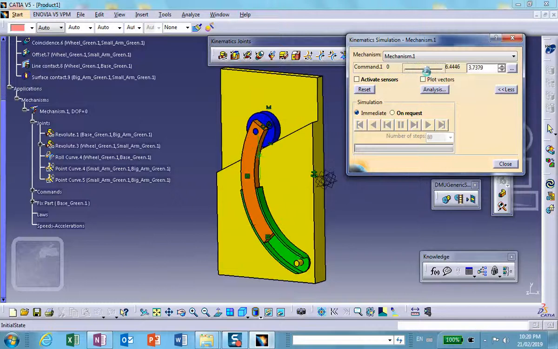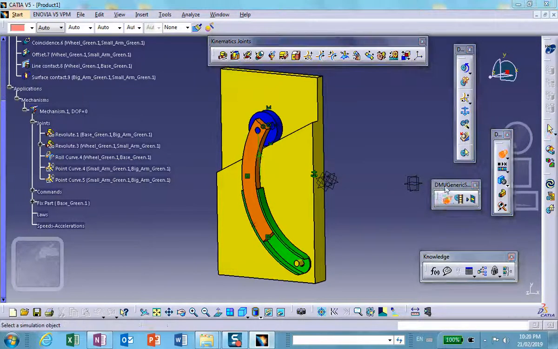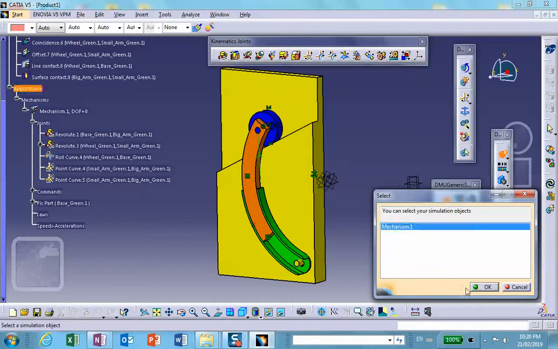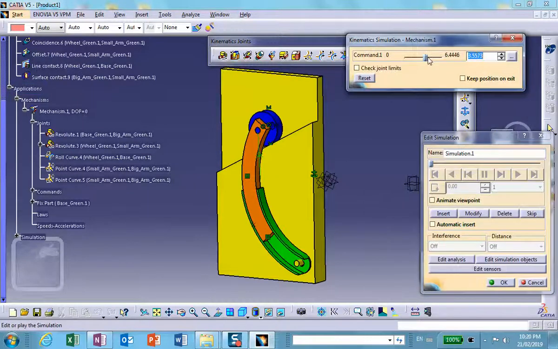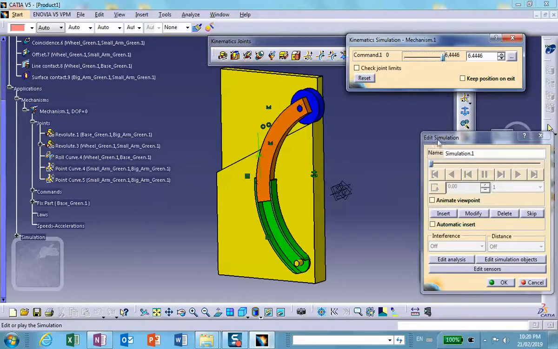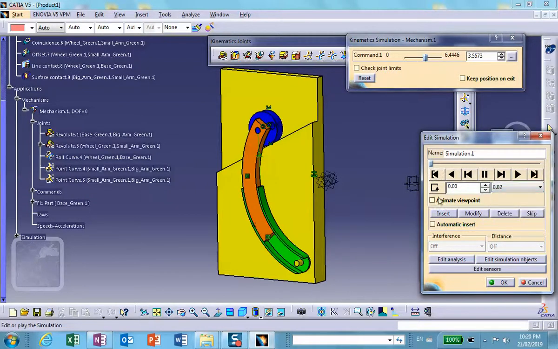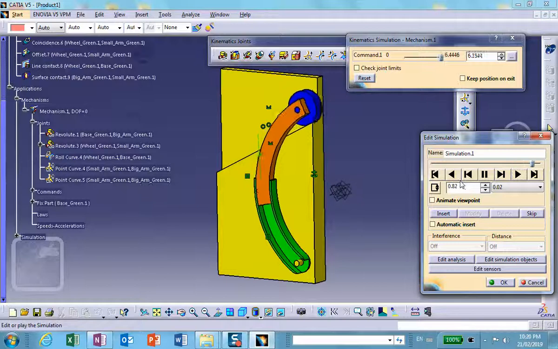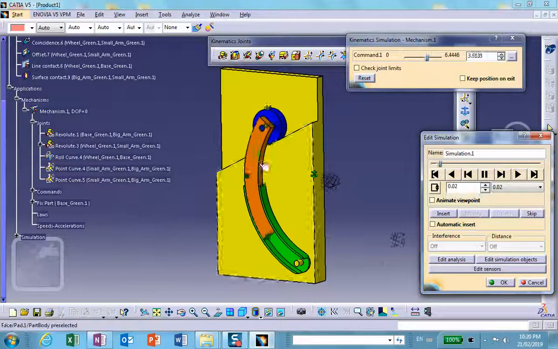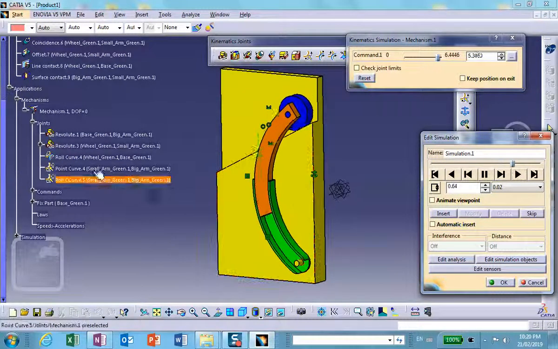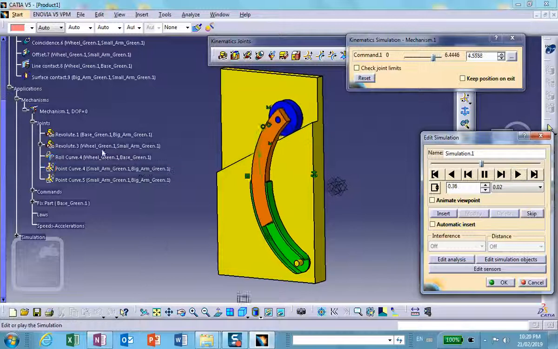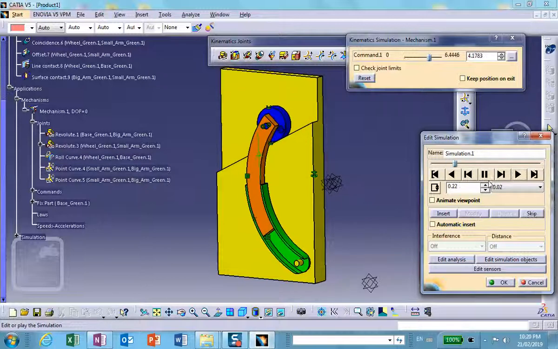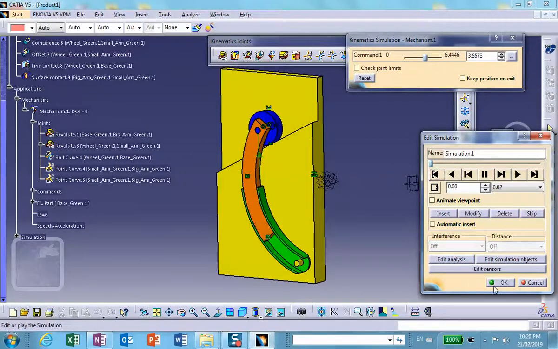So reset. Let me try making here, insert, rewind, and we can play it continuously. Okay, so in a problem like this, there are several scenarios that in principle should work, but not all of them do. Now in the initial case that I showed you, where these were both